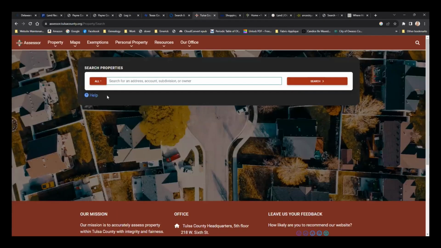Let's see. In Tulsa County, there's another thing that helps you, and this can help you with any land records. If you know an address, but you're trying to find out more information about it, you can go to the Tulsa County Assessor's site. I use this all the time, all over the US, looking for information about parcels. I go to the assessor's office, find the address and get the information on that. A lot of times it will tell you the last so many sales, so you can get that information.